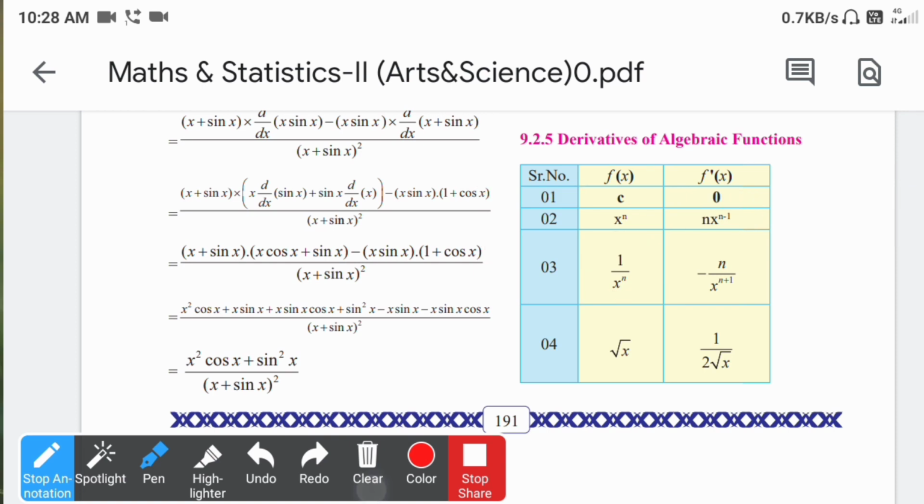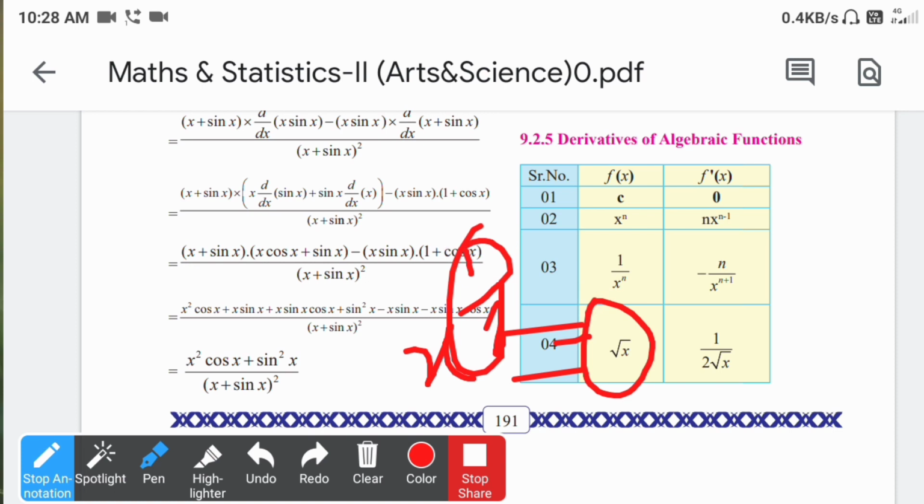If you take it in a denominator, you can try to remember this formula, or simply say that for the second formula, the power of x, that is n, is negative. So we can make a simplified formula, or directly from this formula we can find the derivative. And what is the derivative of the square root of x? Square root of x is nothing but x raised to 1 by 2. So the power is 1 by 2.